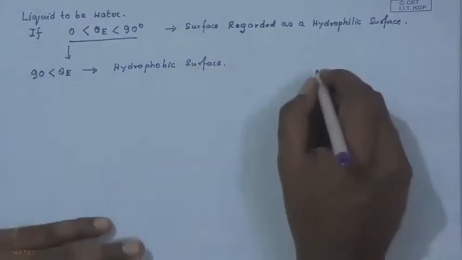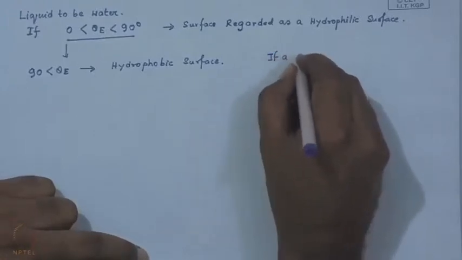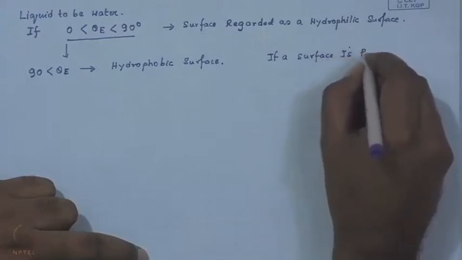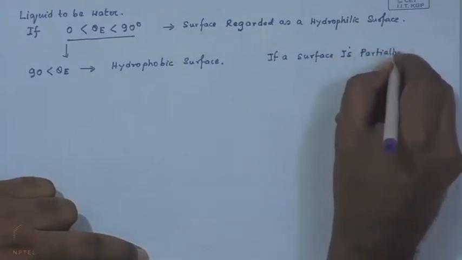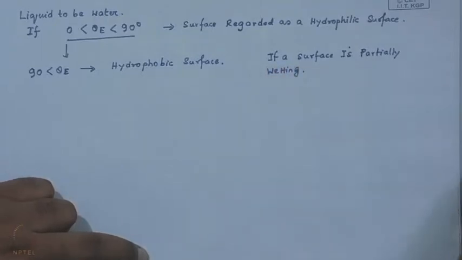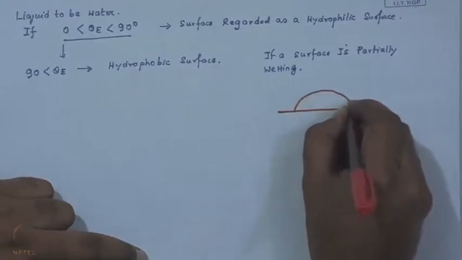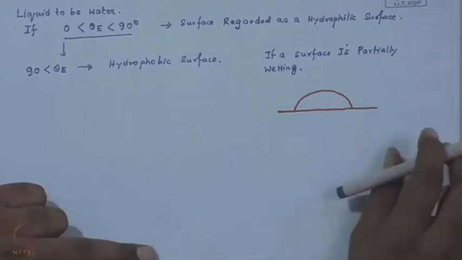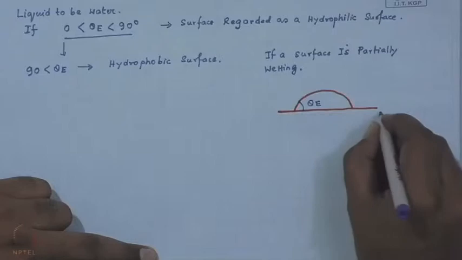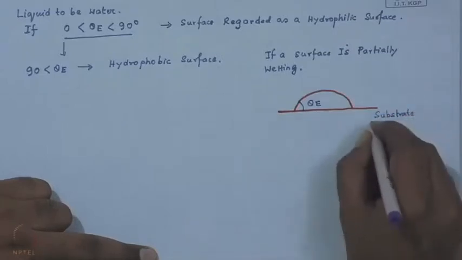Irrespective of that, if a surface is partially wetting, we will just repeat a concept that we already know. It is something like this, let us say, or even it does not matter if theta exceeds 90 degree. So, let us say this is the surface or the substrate as we often refer to,